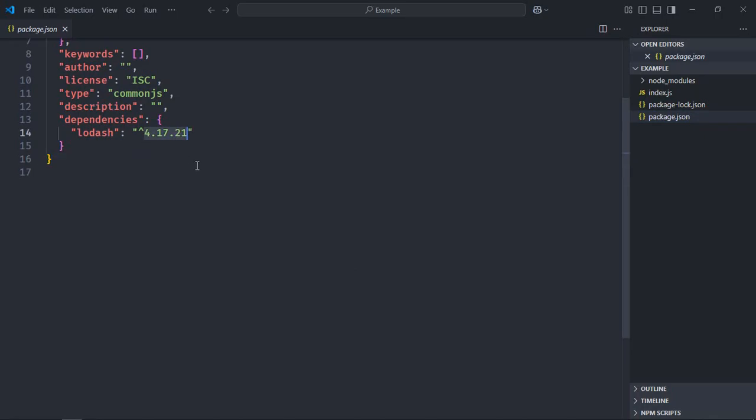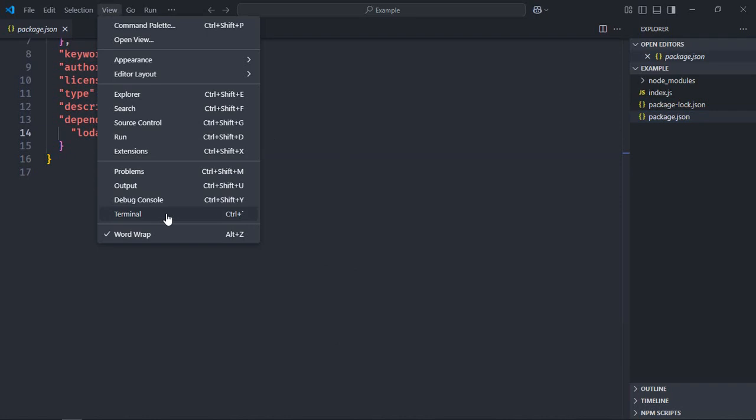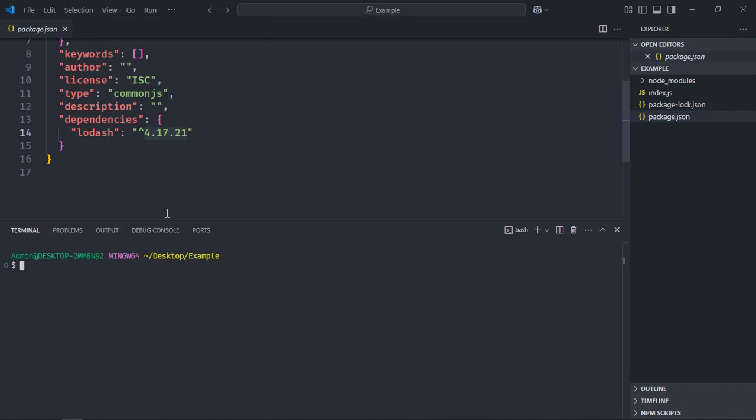If I want to install a specific version, for example, an older version, for that I need to open the terminal first. For that, simply go to View, then click on Terminal. Now let's say I want to install an older version, that is 3.10.1. Now to install that specific version, I need to type a command npm